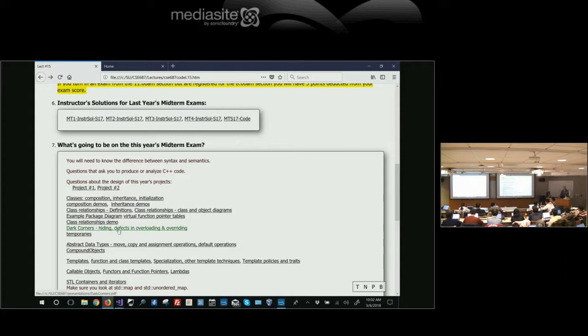Dark corners. So you do need to look at that demo. There's just 4 pages. It's possible that those might be things you might want to make a few short, brief notes about on your class notes. But don't overload across class scopes. Don't overload virtual functions. Don't override non-virtual functions. Always provide a virtual destructor in a class that may serve as a base.